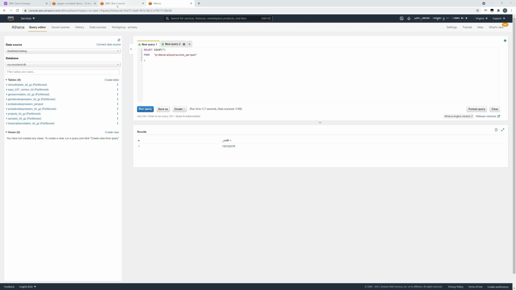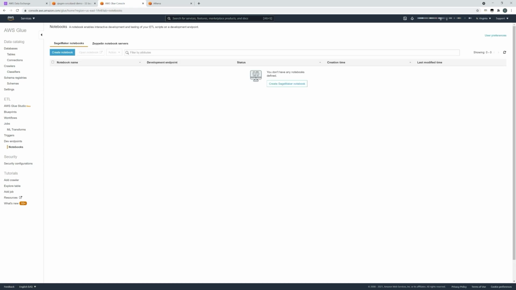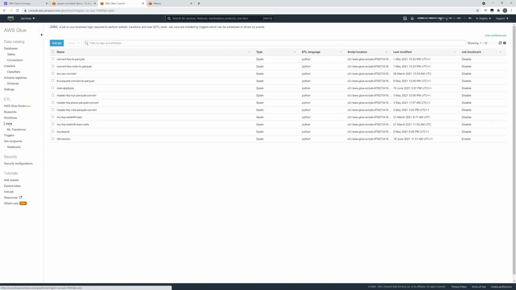As an example, and moving back to Glue, we could connect notebooks, whether that's SageMaker notebooks or Zeppelin notebook servers, to our data set so that we could begin to conduct some data science. Alternatively, if we wanted to process this data, we might wish to create Spark jobs, and that could help us potentially automate the regular conversion of this data, or maybe the movement of this data to a relational database or a data warehouse. And that's the kind of final element I'd touch upon here.